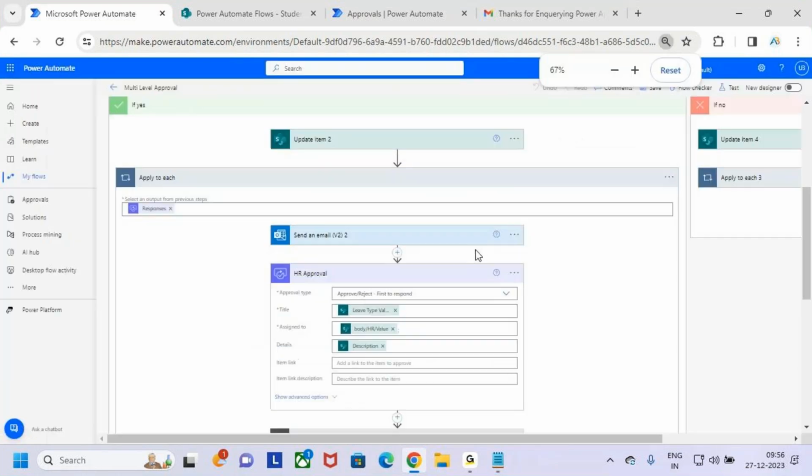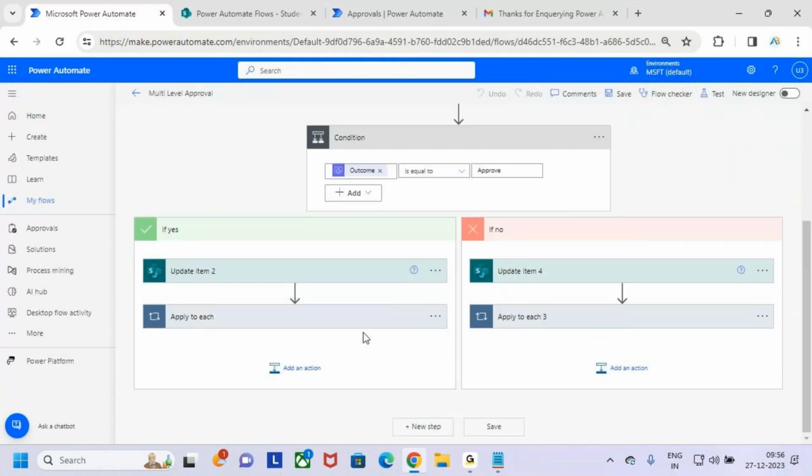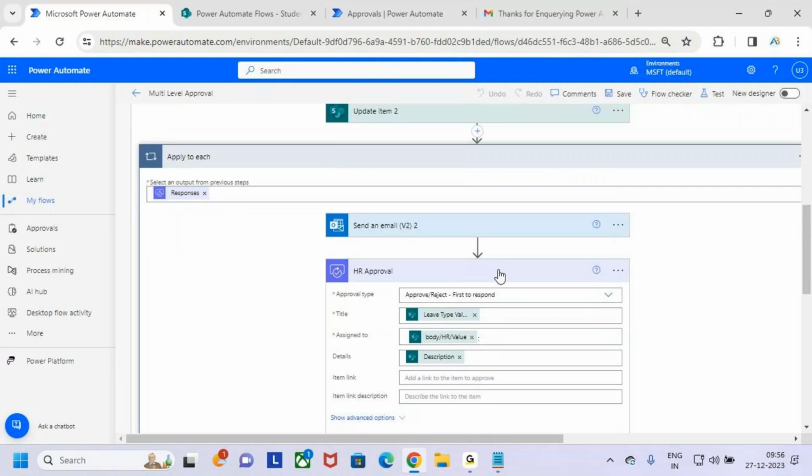It is used for what? It is used to group the multiple actions together. So if I go to this apply to each, if I go to this,